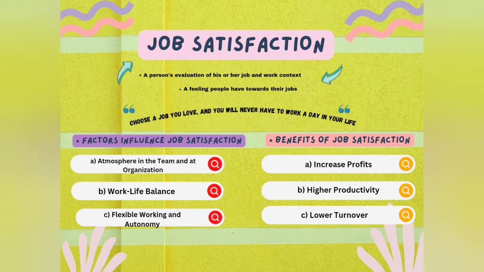Going a little deeper and fast forwarding to this century, job satisfaction can be defined as the feeling and perception of an employee regarding his or her work and how he or she feels in the organization. In order to discuss more about job satisfaction in the context of organizational behavior, there are several factors that can influence job satisfaction. Firstly, the atmosphere in the team and office. This is because you often see and speak to your colleagues. A pleasant atmosphere and good relationships have a major influence on job satisfaction.